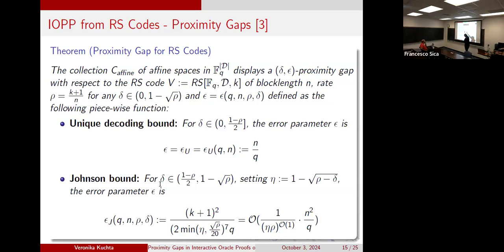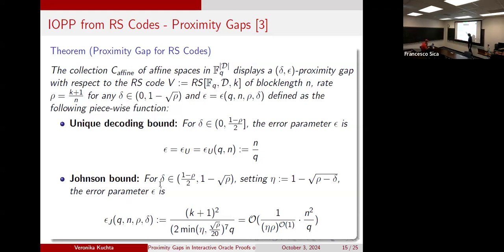So if we consider a Reed-Solomon code which is defined over domain D with block length n and where rho, where delta lies in this interval, and epsilon is the error parameter, then this error parameter can be computed in